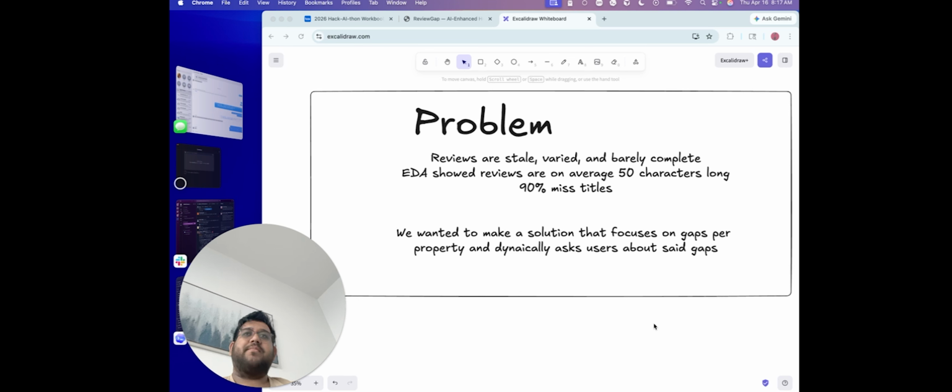And they're also barely complete. By that I mean it talks about one exact thing, and it doesn't talk about the entire hotel experience sometimes, right? Because reviewers stick with one thing. Our EDA showed us the same. The reviews on average are 50 characters long, they're undercased, and 90% have no titles. And on top of that, the least talked about topics are pets, Wi-Fi, and the check-in experience, which is